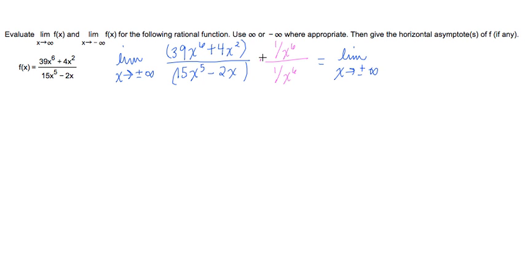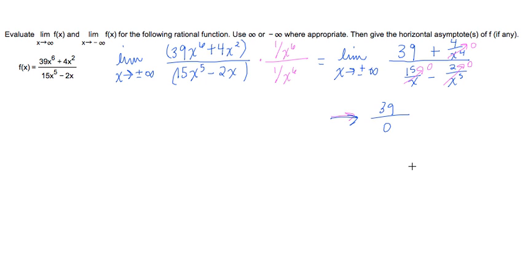So 39x to the 6th times 1 over x to the 6th is going to be 39. Then plus 4x squared times 1 over x to the 6th is going to be 4 over x to the 4th. 15x to the 5th times 1 over x to the 6th is 15 over x. Minus 2 over x times 1 over x to the 6th is minus 2 over x to the 5th. So as x gets really, really large, either to positive or negative infinity, these three terms all approach 0. So this thing approaches